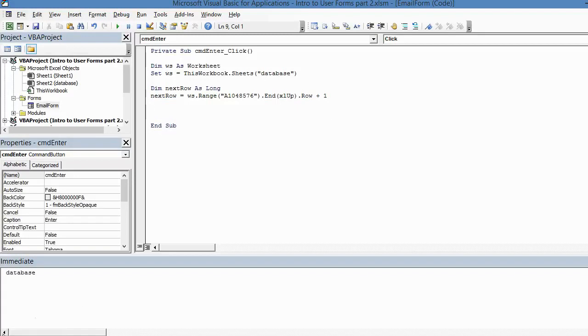So in our database worksheet, we've got 3 columns. We've got first name, last name, and email, and it's columns A, B, and C, remember? So what we just basically need to do is say cell A next row is going to be equal to the value in the text box that has first name, which remember the name was TB first name. So let's do that. So it's going to be worksheet range